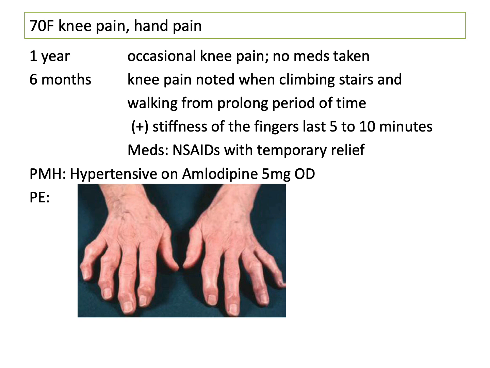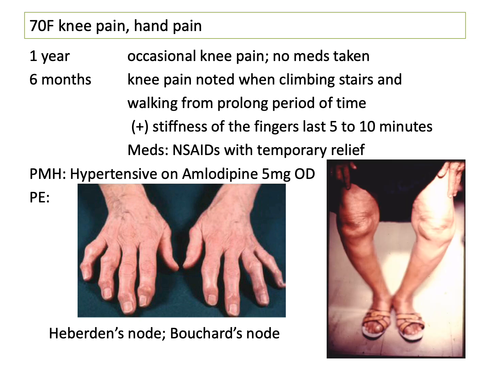Take note that there are no signs of erythema. And when palpating the involved joints, you will notice that there are no signs of inflammation. The description is more of hardness or bony hypertrophy. So we call the DIP nodal hypertrophy Heberden's node, and the nodal hypertrophy on the PIP joints Bouchard's node.